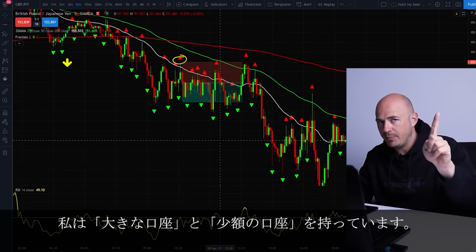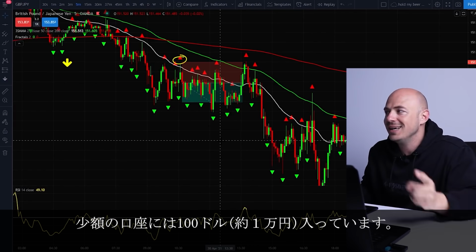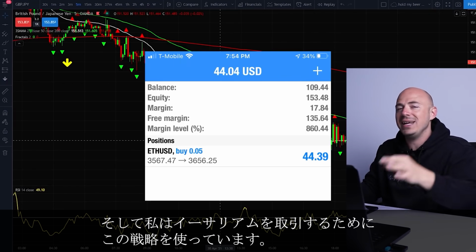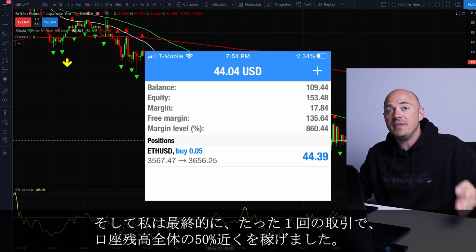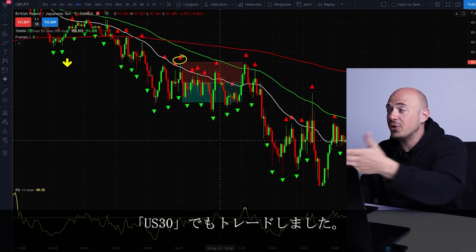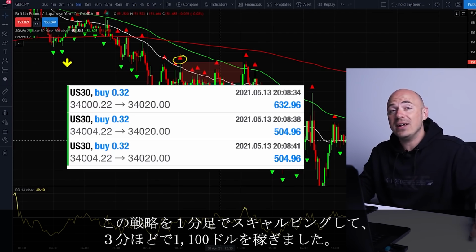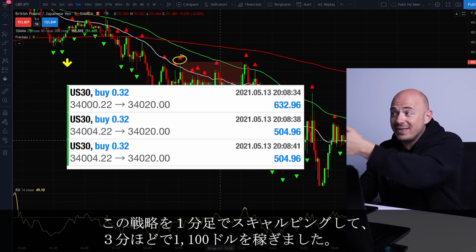I have 2 accounts. I have a big boy account and I have a baby account. The baby account has $100 in it, and I used this strategy trading Ethereum, and I ended up making nearly 50% of the entire account balance off of one single trade. I also traded US 30, and I made $1,100 in like 3 minutes using this strategy,